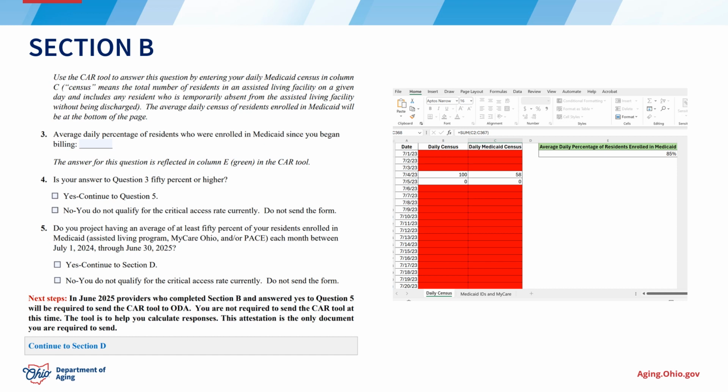Question number 3 is the average daily percentage of residents who were enrolled in Medicaid since you began billing. There's a screenshot of the Excel sheet that has the answer to question number 3, which is in green. So question number 3 in this example is 85%. So you would put the 85% answer into question number 3, and that will then help you answer question number